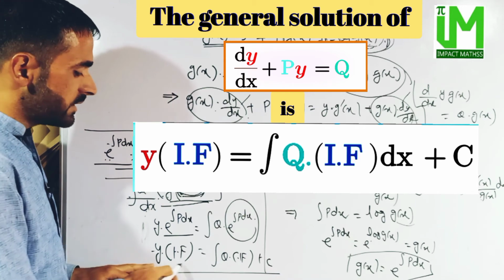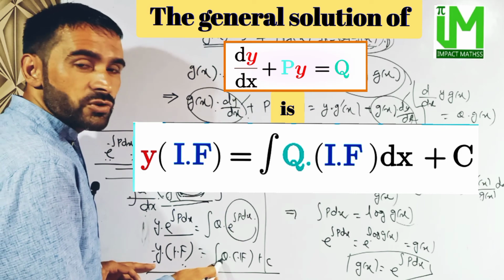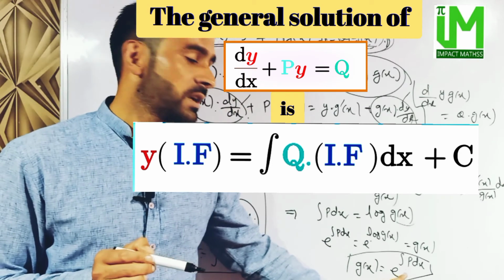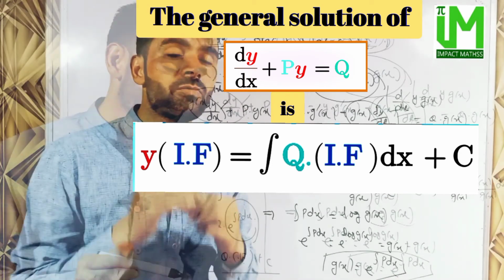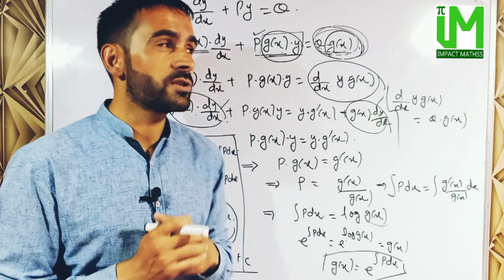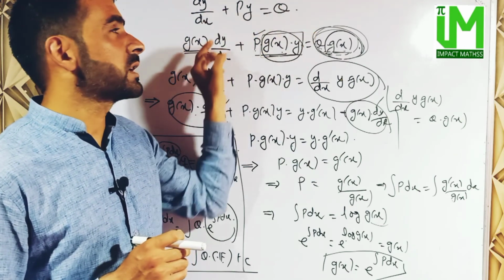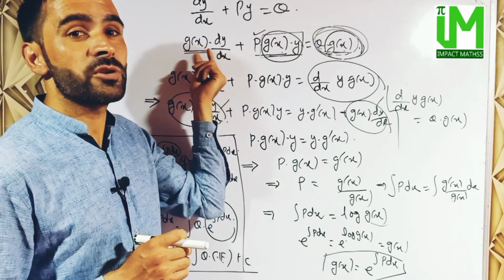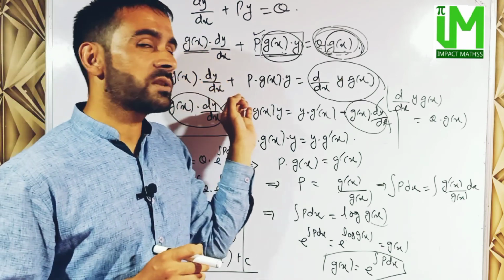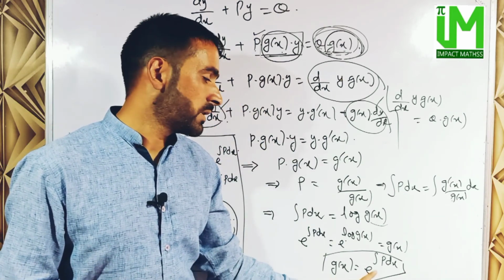so that is y into integrating factor is equal to integration of q into integrating factor plus c, where integrating factor is equal to e to the power integration of p dx। so फिर से आप रिवाइज करते हैं, if we have to find the general solution of the linear differential equation dy by dx plus py is equal to q, then solve करने के लिए we are multiplying with a function of x that is called the g of x, और g of x एक ऐसी फंक्शन होनी चाहिए such that g of x is equal to e to the power integration of p